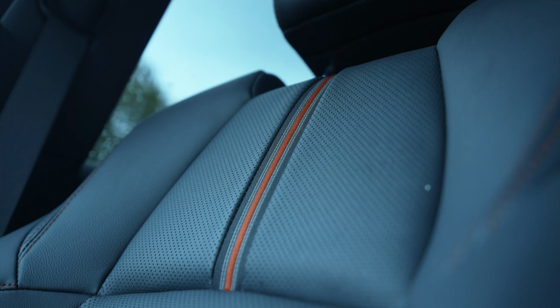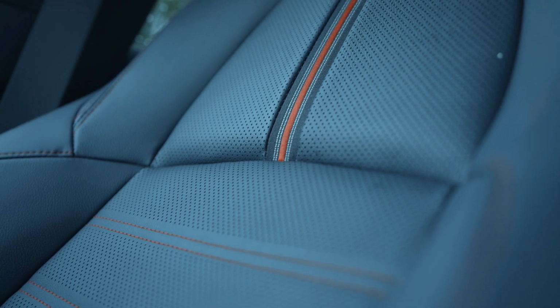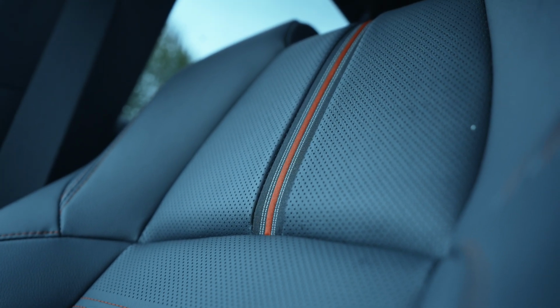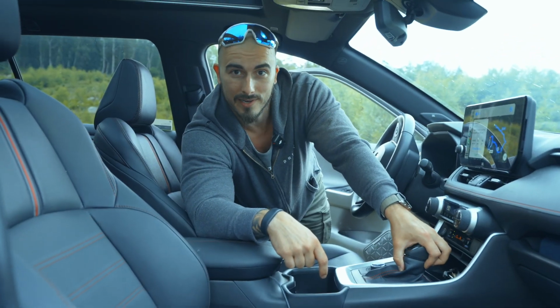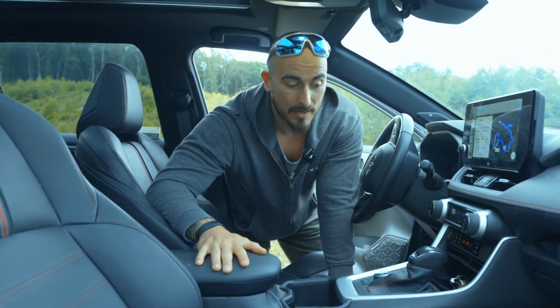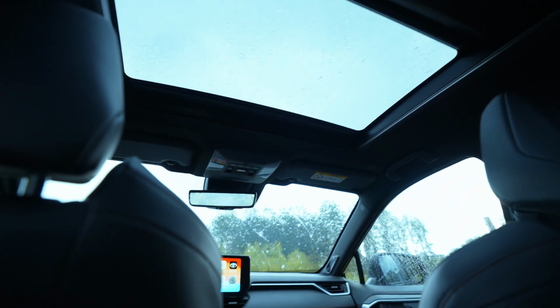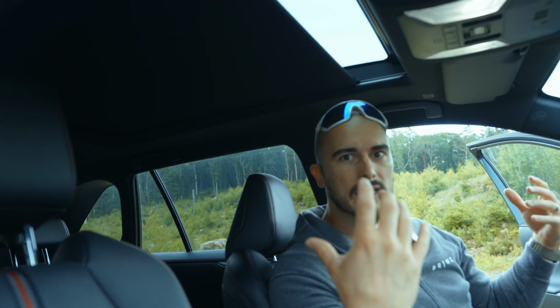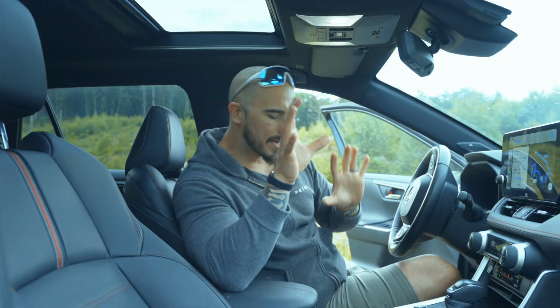Something that I do like about the interior of this car is the look. I think it looks so freaking nice to have these red seams on the seats and the red seams on the gear shift, and then having the red seams here. Also, the black panoramic cover is a freaking nice thing because it gives the interior this dark feeling and absolutely makes it feel a little bit like a sports car. It looks good,